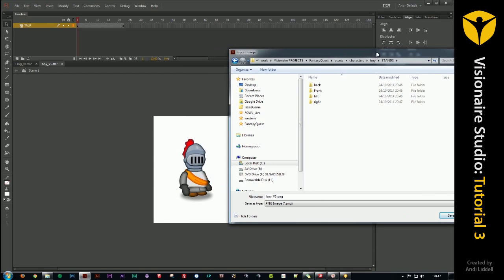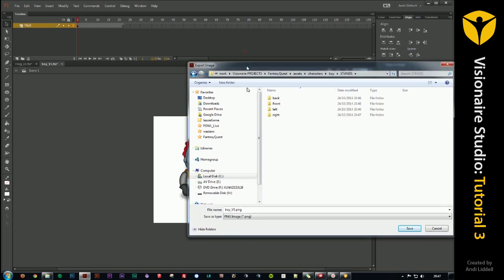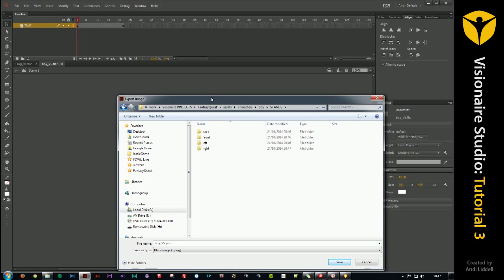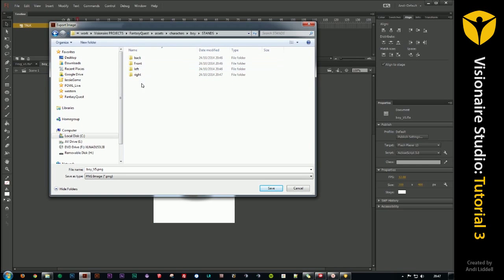So he can't be flipped because his sash goes in one direction, and when you flip him over it'll be going in the wrong direction, so I had to sort that out as well. That means a little bit more work. So this is the front stand, so we're in assets, characters, boys, stands, front, and I'm just going to call that, I'm actually going to call it knight, because he is a knight, and it'll become apparent why later. So knight,